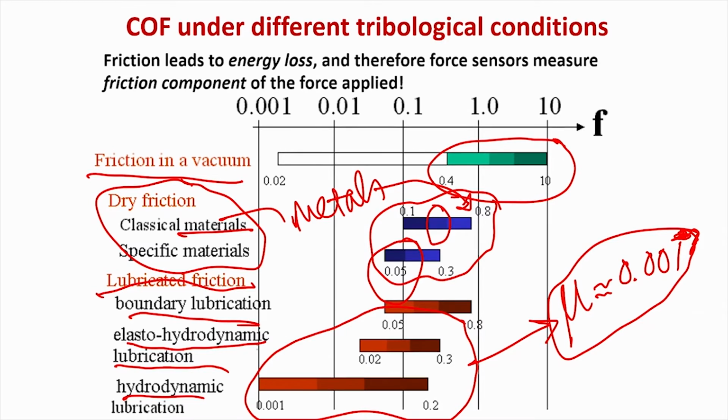So, when the coefficient of friction is 0.001, essentially the asperities of the two mating solids are not coming into physical contact with each other. So, they are more or less physically separated, so that these two solids behave more or less like frictionless surfaces. So, I think that I will stop now on friction, friction laws and mechanisms.